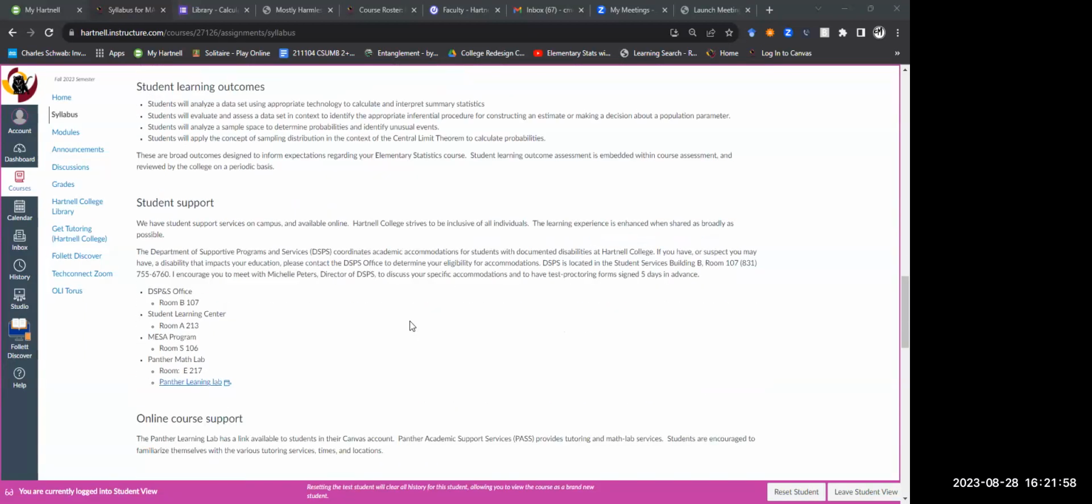We have learning outcomes. These are broad categories of topics students should be able to address at the end of the semester. This is really what our class likes to accomplish in broad brush strokes. Students should be able to analyze data using appropriate technology to calculate and interpret what we like to call summary statistics. Students will evaluate and assess a data set in context to identify the appropriate inferential procedure for constructing an estimate or making a decision about a population